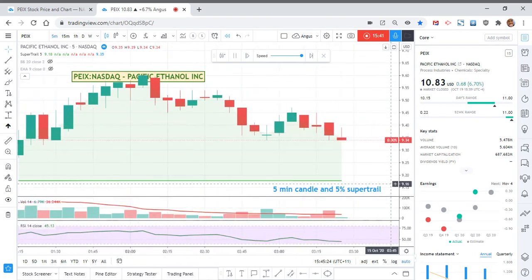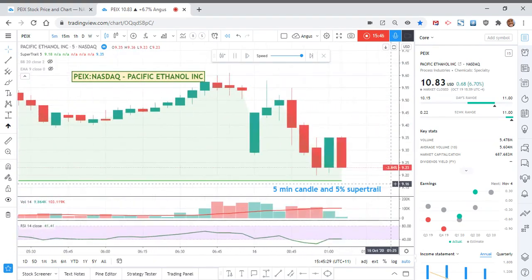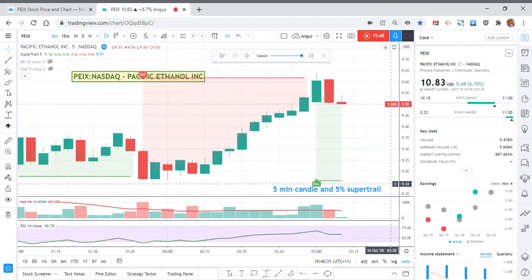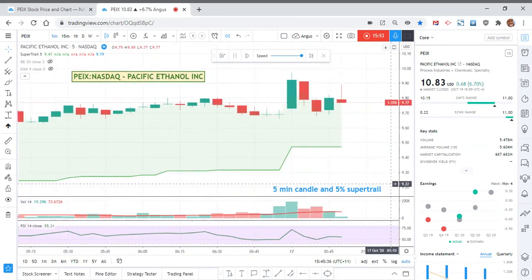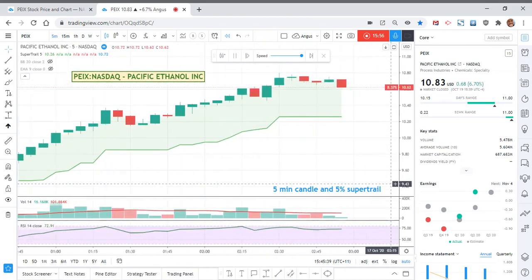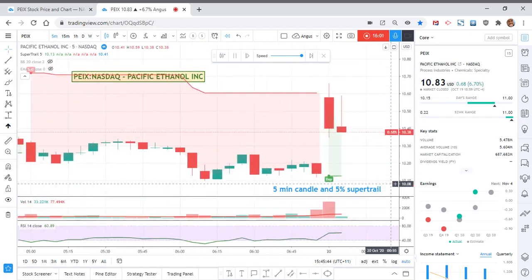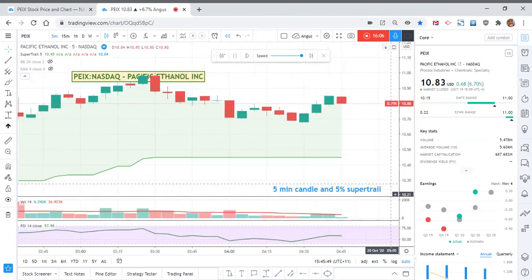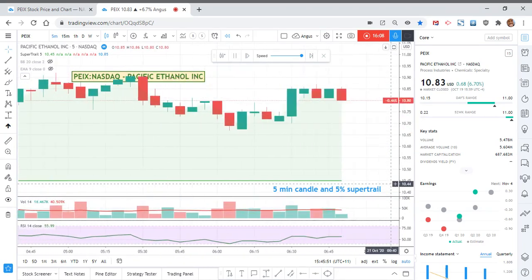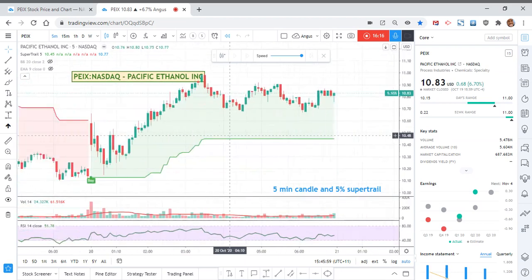Up to the mid 9.50s now. Getting pretty close to 10. Broke through 10. Dipped out again. Back up to the high 10s, 10.80s, and done. So that was just, as I said, that 5-minute candle and 5% SuperTrail, certainly probably wasn't optimal for